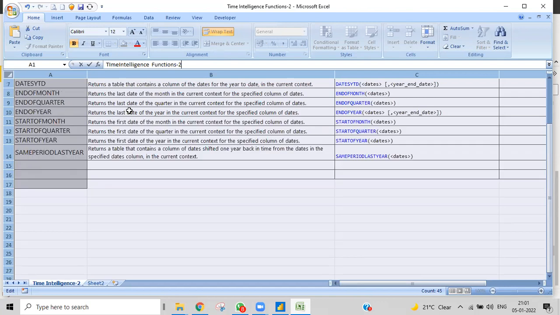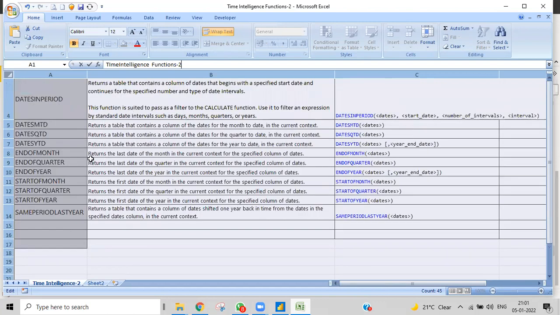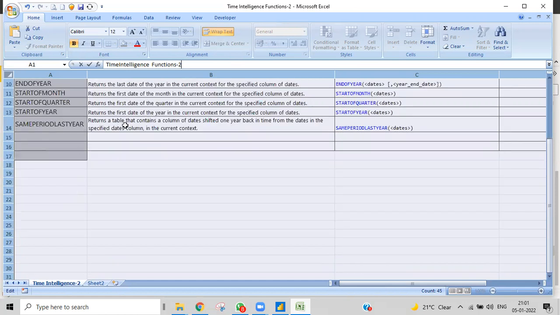For all of these, end of month, end of quarter, start of month, we used to get only one date. But here you can see it returns a table that contains a column of dates shifted one year back in time from the dates in the specified date column in the current context.